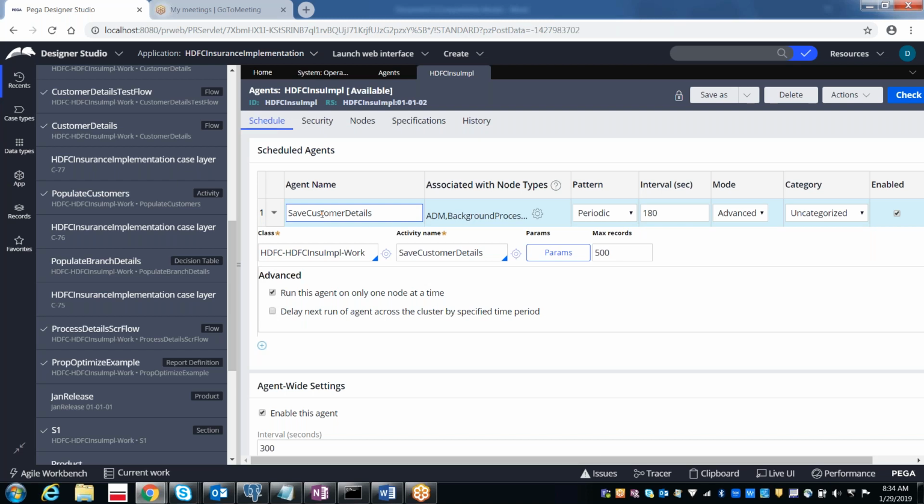If this agent is running on multiple nodes, each and every node will send out an email. If you have four nodes running for your bank, then every day morning at 6 o'clock it is going to send out a mail four times, once by each node. Node 1, node 2, node 3, node 4. Likewise, each and every node is going to send out an email. So that is the reason.